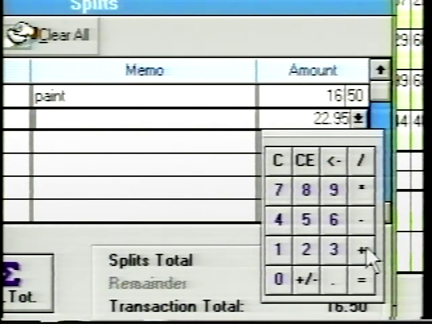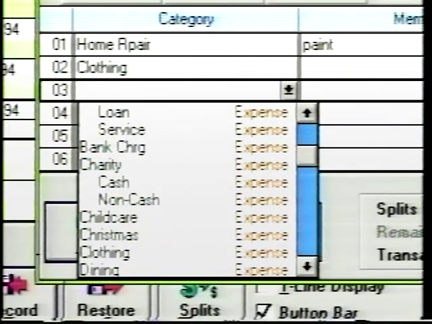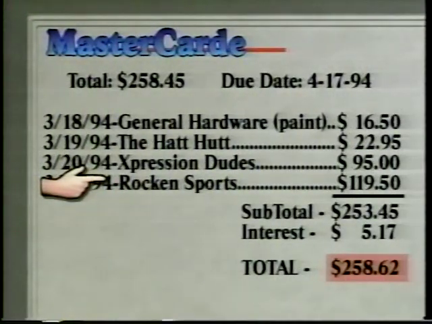Then type in $95. Now click on the equal sign. That gives us $117.95 as clothing expense. You can use the calculator with mouse-only commands or keyboard-only commands, or as we did, a combination of both. Once you select the drop-down menu, it automatically appears so you can use it again for the next entry. We charged tickets to a ball game using this card, so that is our next charge to be